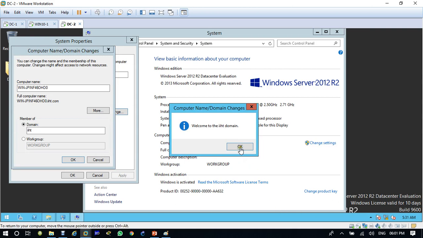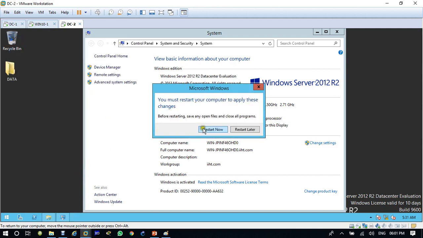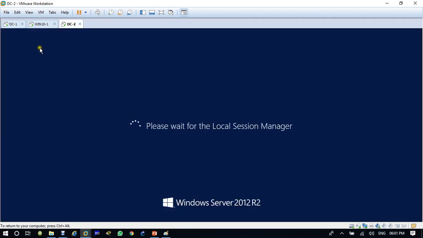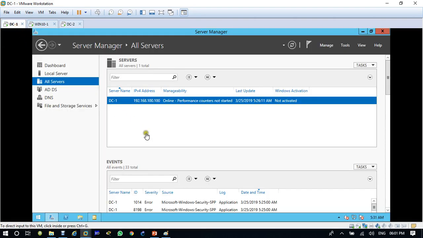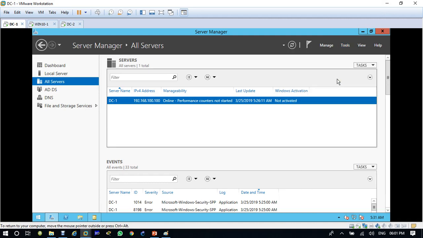Okay, now welcome to ist. Close and restart. Now if you come here on DC1 and open Active Directory Users and Computers,